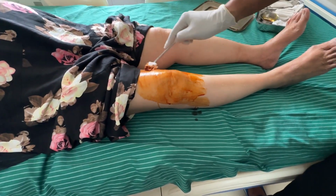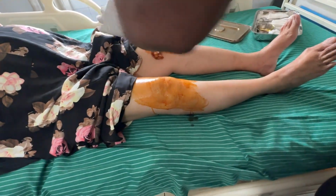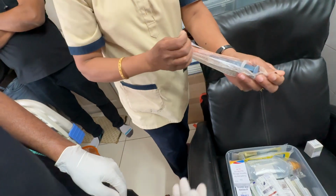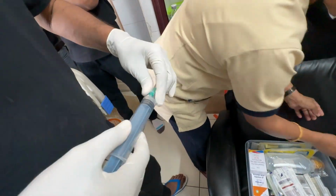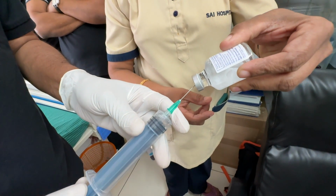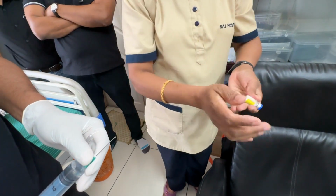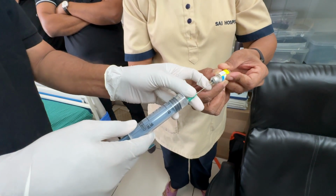The knee is cleaned with betadine. This lady has bilateral osteoarthritis of her knee, and here we are going to give her a hydrozone injection with Chennai cocktail. The first step is to prepare 10 ml of cocktail, which will be given 5 ml in each knee: 2 ml of xylocaine, 0.5 ml of Kinacort,